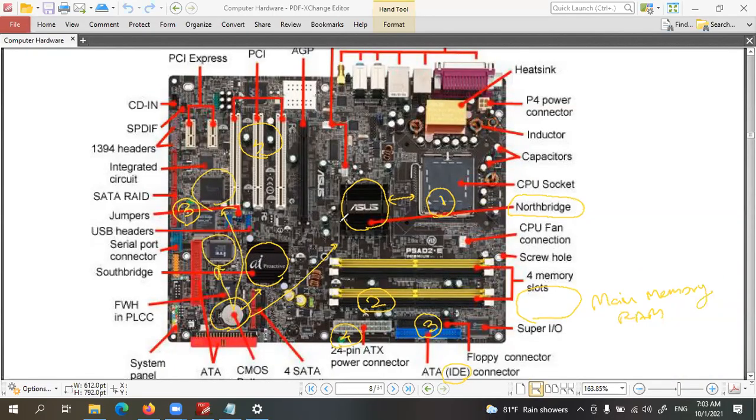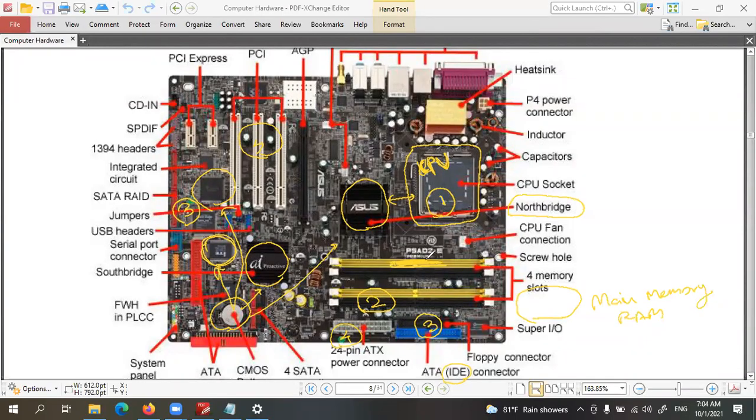When you just power on the computer, it will not execute the operating system or any other command initially. Only the commands which are stored in this ROM will be executed when you press the power button of the computer. That is because when the computer is going to function, the data must be processed using this CPU. It must process data using the CPU. But to communicate with the CPU, data must be there in the RAM.